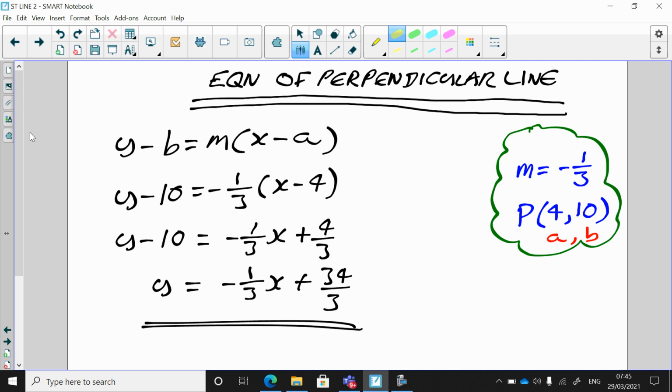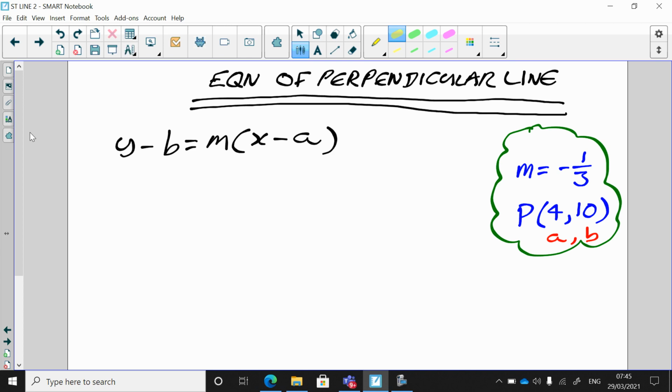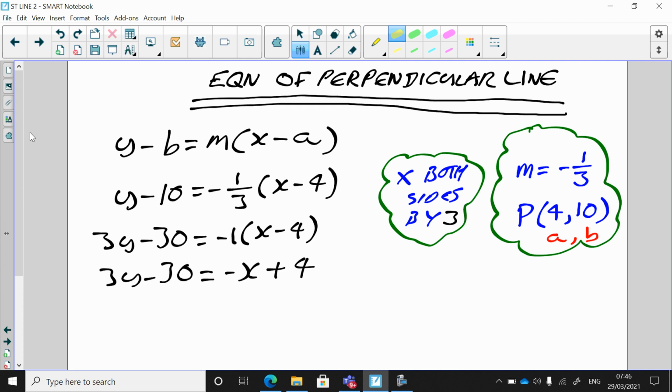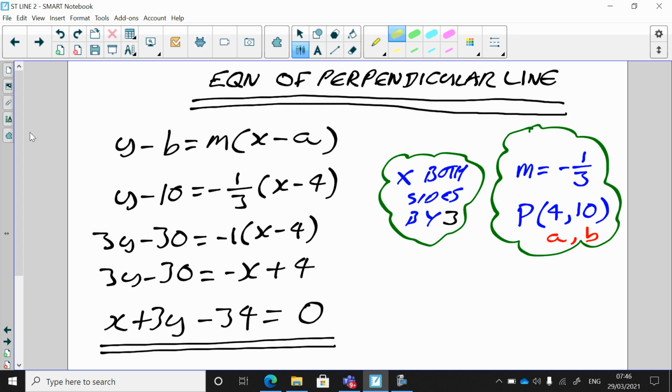If you didn't want it in that form there, and you wanted rid of the fractions, you could go back and use the general form, so we could take it back to a certain point here, put things in, get rid of the fraction here, 1/3, okay, just multiply both sides by 3. On the right hand side, multiply throughout by the -1 there, and just get everything over to the left hand side. That format looks fine there, or in fact we just left it like that there, because x was positive. So if you don't like fractions, that's the format maybe you want to use,